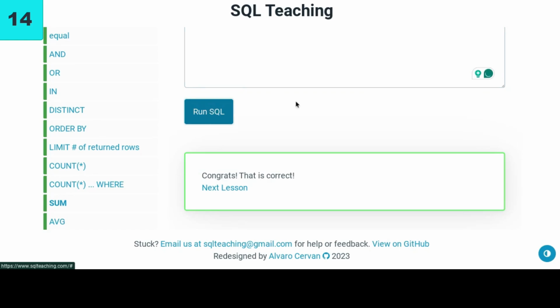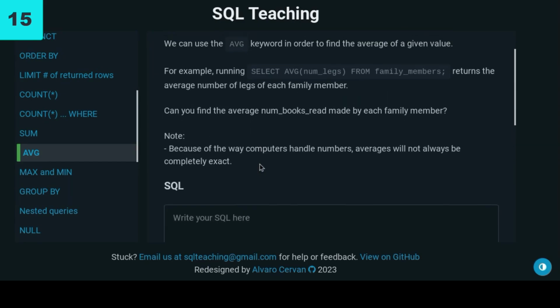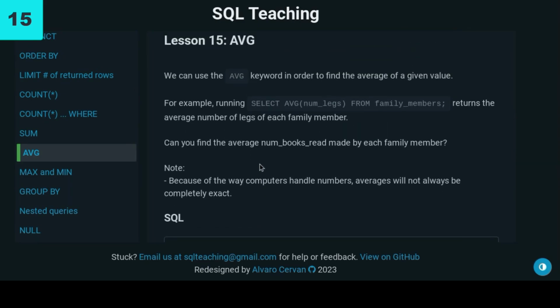And look, I got it right. Yay! Hello. So I'm going to type out my SQL, and mine is based on the average. The question is, can you find the average number of books read by each family member? And in order to find this, we're going to type out the exact same example that we see here on the